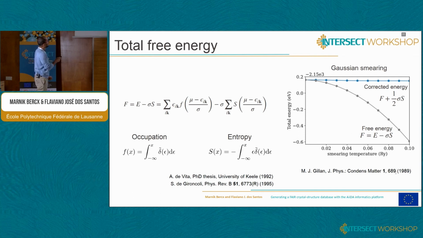Let me give you the example of how the total free energy depends on the temperature for Gaussian smearing. You see here it has a quadratic dependency. As you put more and more smearing, increasing the smearing temperature, your total energy is changing. However, this change is very systematic. Actually, I can compute it, and therefore I can correct for this error. I can do the calculation with smearing, but still obtain the total energy as if there was no smearing. So that's very good. The problem is that you do this correction a posteriori. And if you were to calculate, for example, forces in your system, you would be using the wrong potential to